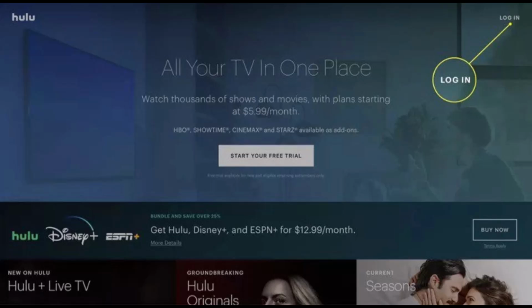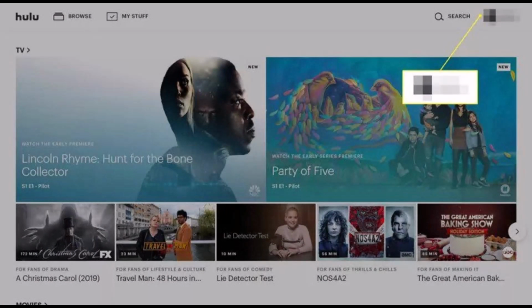So if you would like to cancel the subscription for your Hulu account, depending upon whether you're using iPhone or Android, the process on both of the devices is actually different. So just for the global usage, I'm going to show this from my browser. So open your browser, go to hulu.com and make sure to log into the account on which you would like to cancel the subscription. After you do that, make sure to select your name in the top right corner